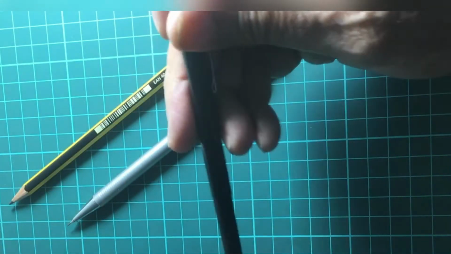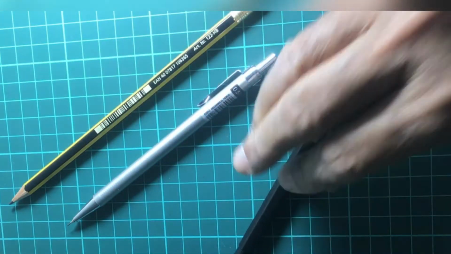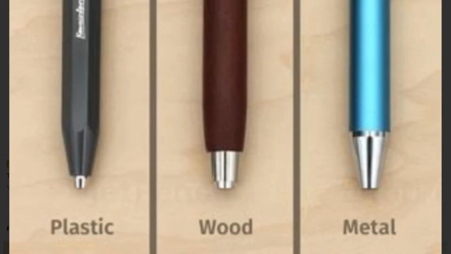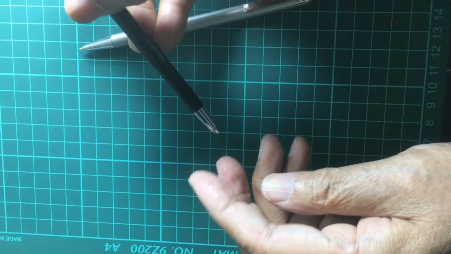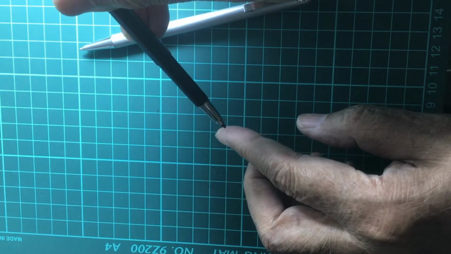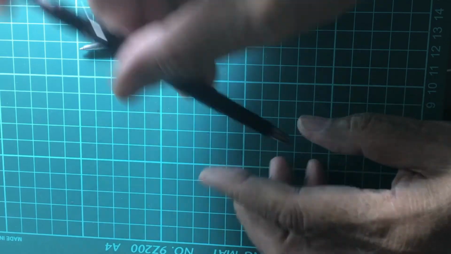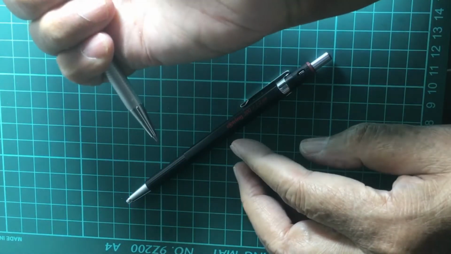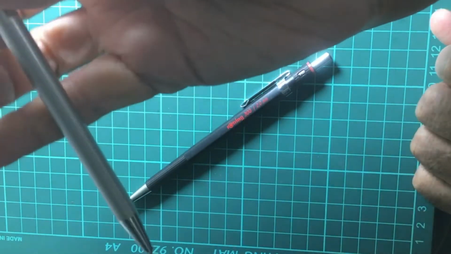Pencil contains a rod of graphite and it can be encased in plastic, wood or metal. We'll just show you both the mechanisms. The mechanism inside the pencil forces the graphite. When you click this, it forces the graphite to the tip of the instrument for writing or drawing and allows it to retract when not in use. We have got these two models and we are going to talk about the differences and the uses and all that later on.